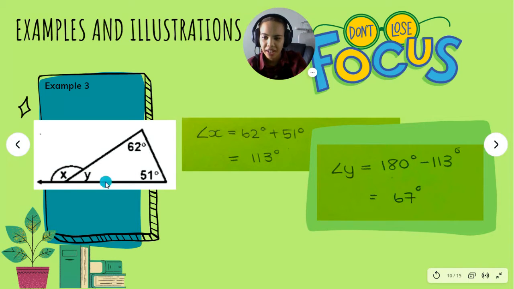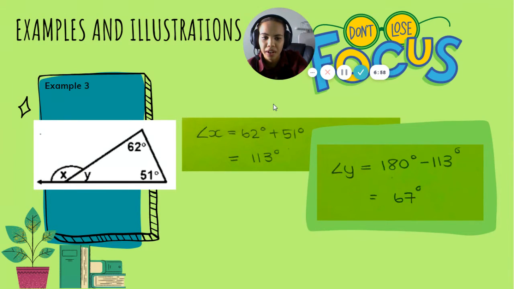Now we can find angle Y because angle X and angle Y are on a straight line. So 180 minus 113 degrees. So my final answer is 67 for angle Y. Okay,